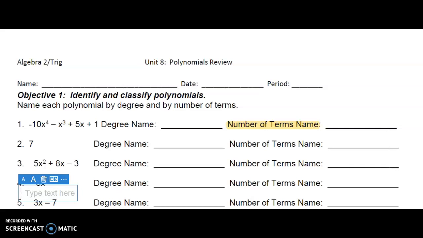Hello, welcome. Today we are going to review Unit 8, Polynomials. This is the unit we were working on right before school closures back in March. So I just wanted to go through some review of what you learned back then because I know it's been